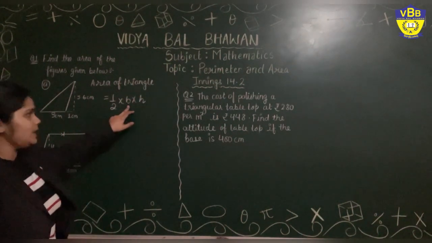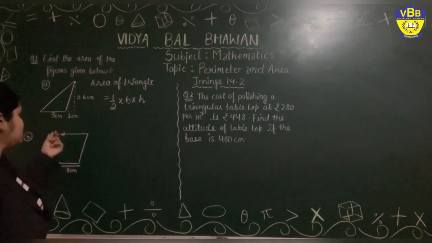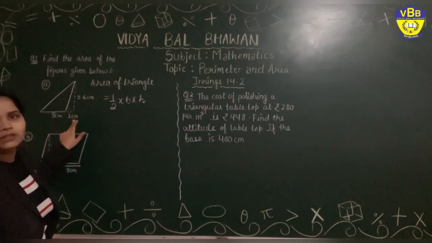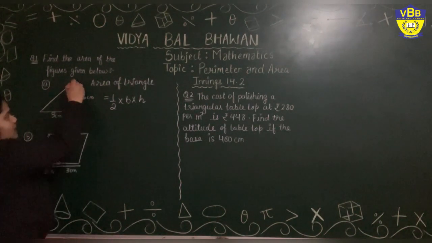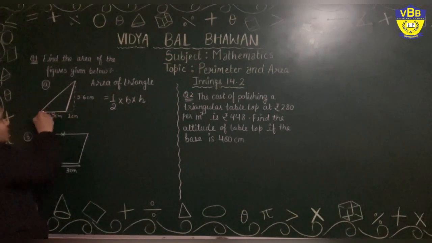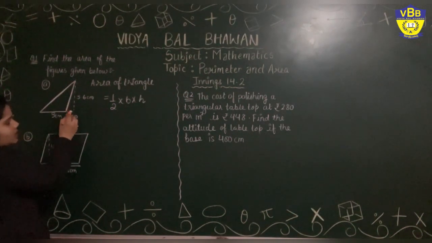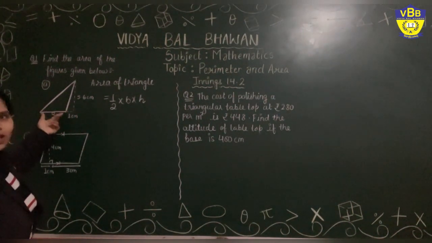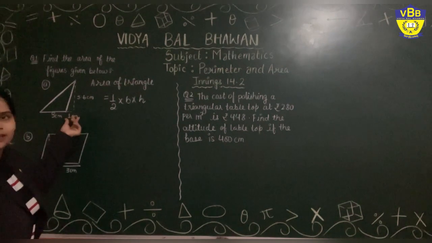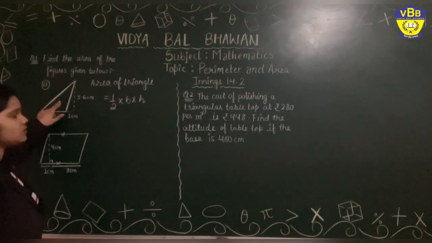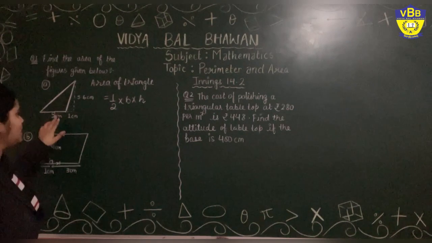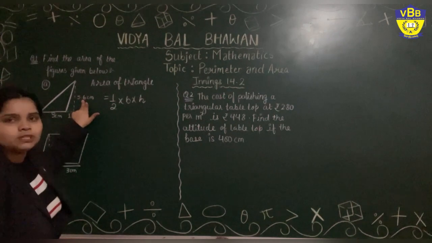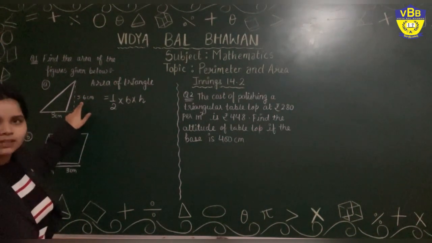Do we know the base and height of this figure? Yes, the base is 3. This one will not be considered as the base because this triangle is only this much. This is the extended imaginary line, which will not be considered as the base of this triangle, or this 1 centimeter line segment is not part of this triangle. So the base will be only 3. Base is 3 and the corresponding height is 5.6 centimeter.